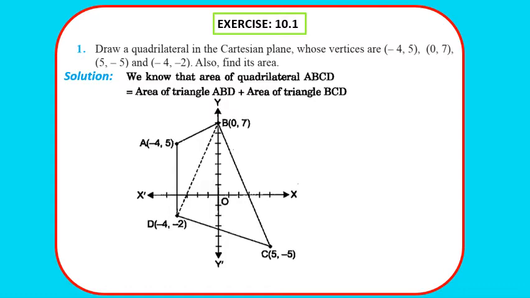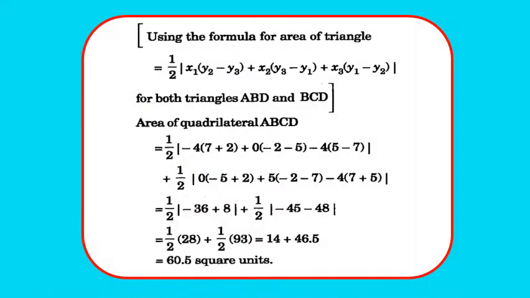Now the area of the quadrilateral can be obtained by adding the area of triangle ABD and the area of triangle BCD. So if we find the area of triangle ABD and the area of triangle BCD and add them, we will get the area of the quadrilateral. Using the formula for the area of a triangle, which is half modulus of x1(y2 minus y3) plus x2(y3 minus y1) plus x3(y1 minus y2), for both the triangles, we get the area of quadrilateral ABCD as half